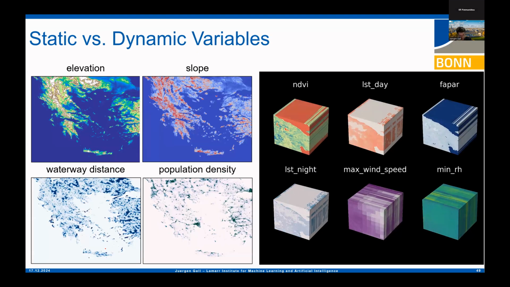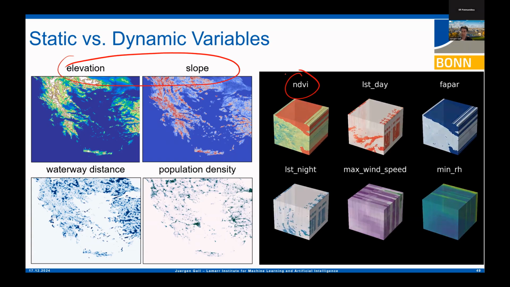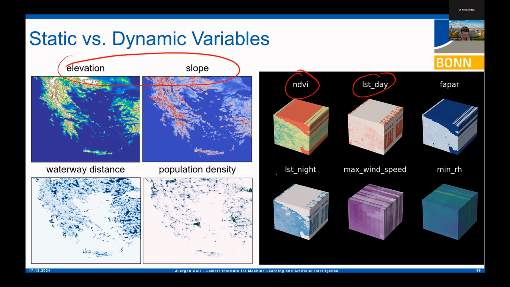So this is an example of your input data. In this application, you have different types of data. Some data does not change over time, at least not for the period we're looking at, like elevation and slope. This remains fixed. And we have other parameters like NDVI, an index for vegetation that you can obtain from remote sensing data. Then you have the temperature during day and night, and relative humidity. So you have some parameters which change hourly or very quickly.